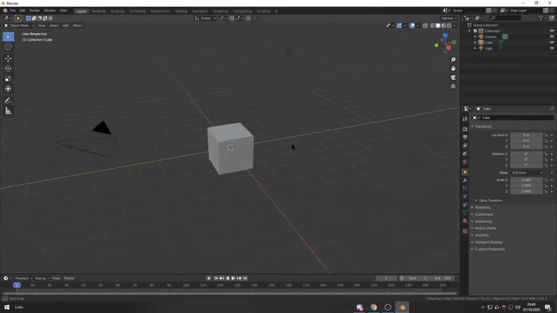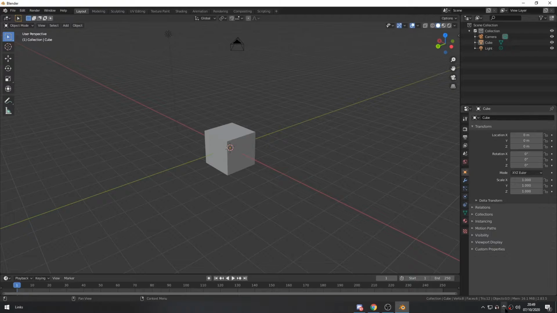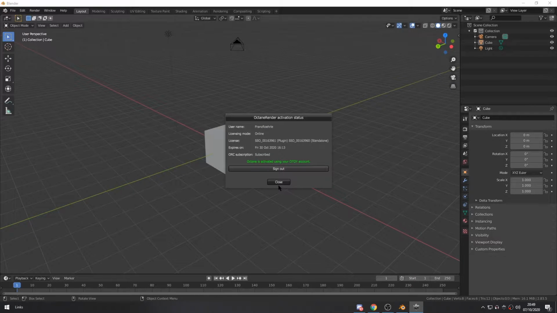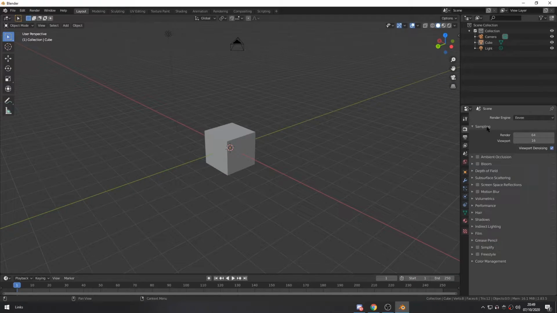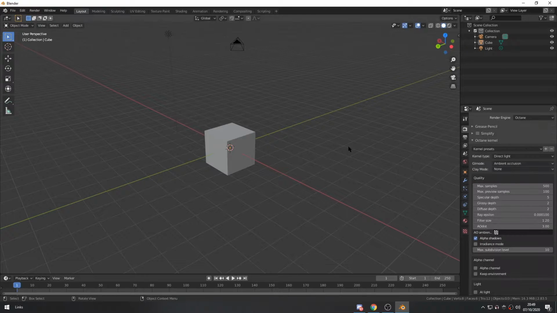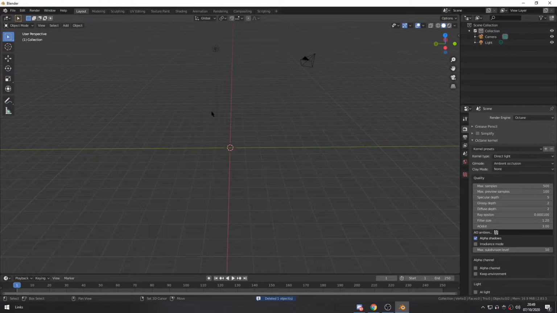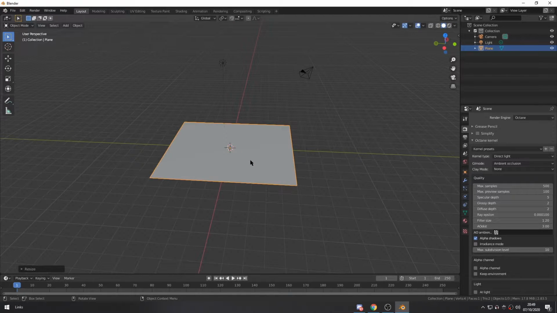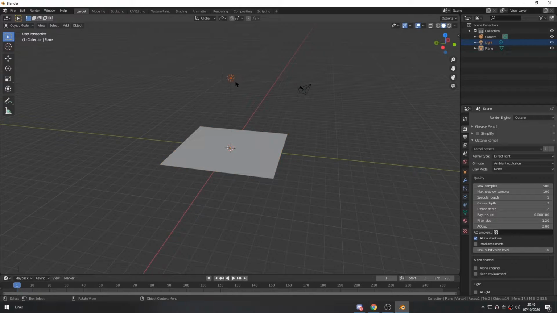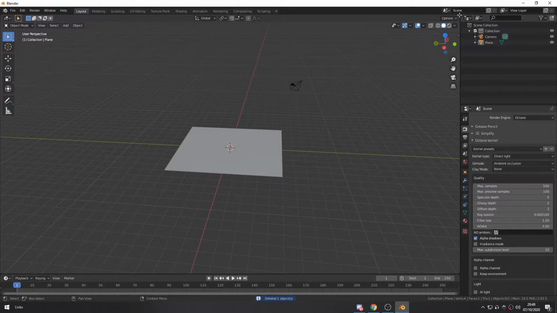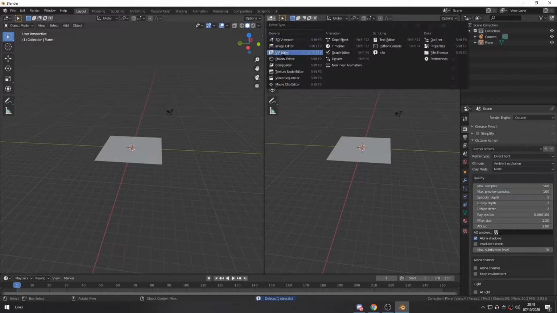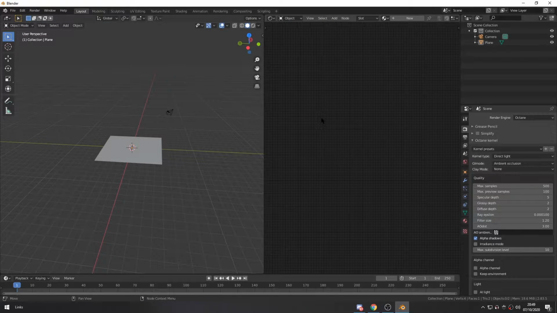So I got my Blender open, got my render server running, and I'm gonna change my render into Octane, get rid of the default cube, and the first thing I'm gonna do is press Shift A and get a plane in here and scale it 5. I'll delete my light and open up a new window up here and go into my shader editor, click new, and I'll call this